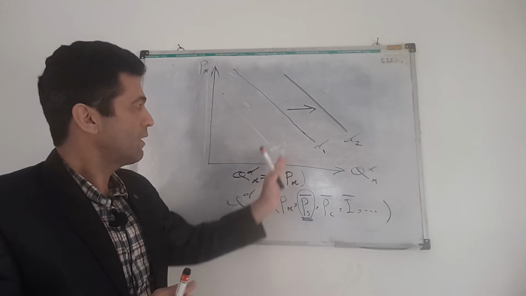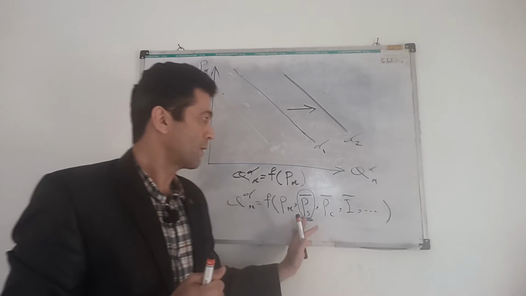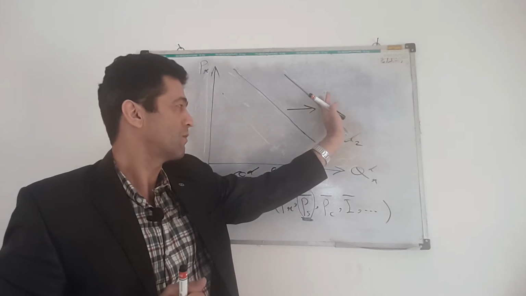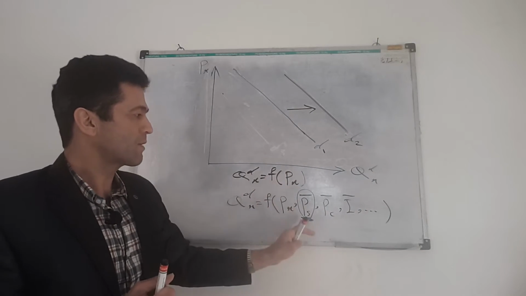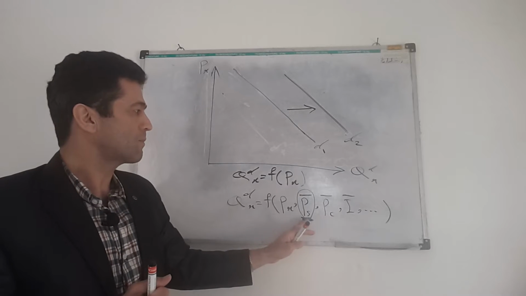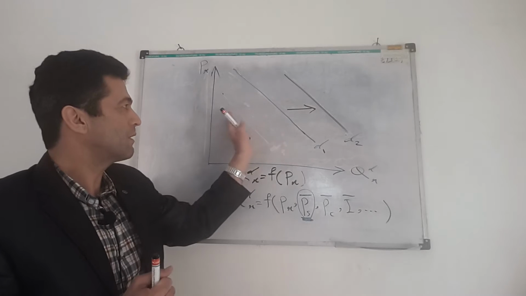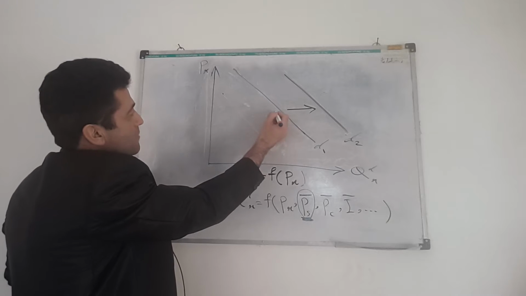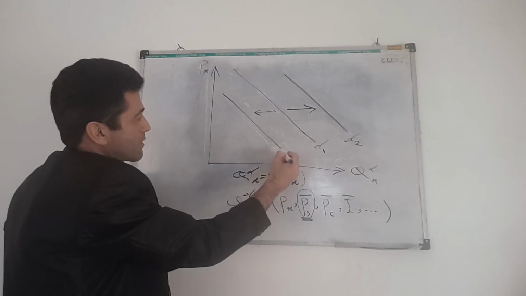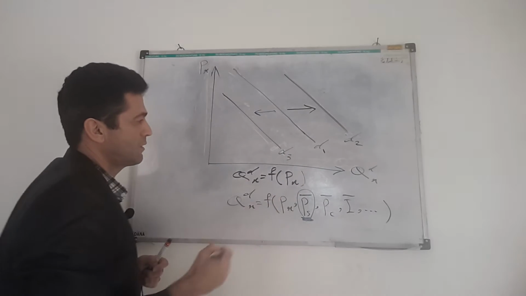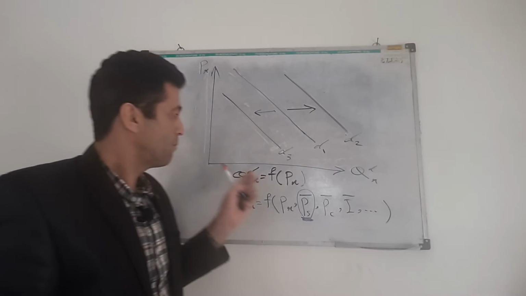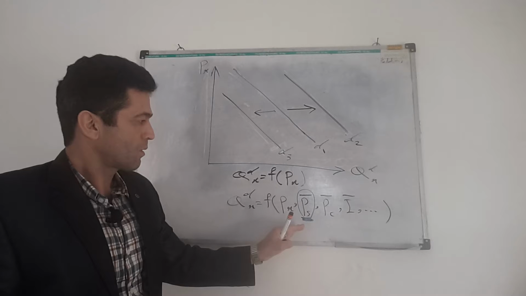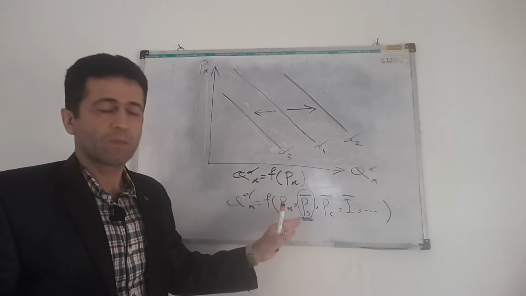Generally, when the prices of substitute goods increase, the demand curve will shift to the right side, and vice versa. When the prices of substitute goods decrease, the demand curve will shift to the left side, from D1 to D3. Why? Because when the prices of substitute goods decrease,